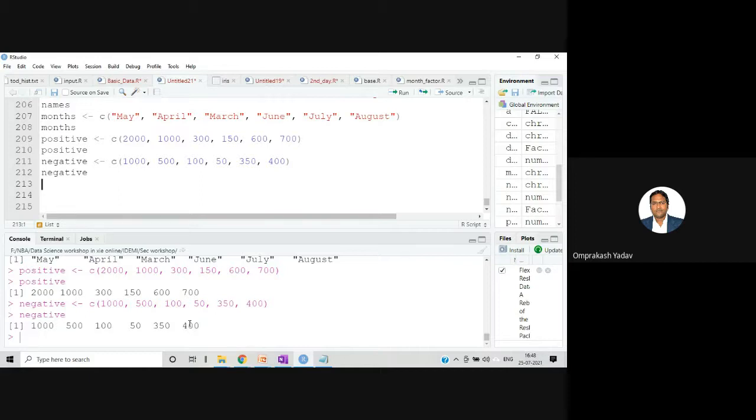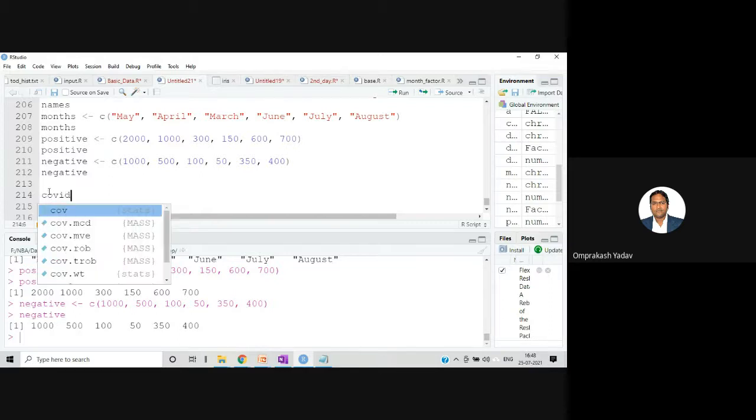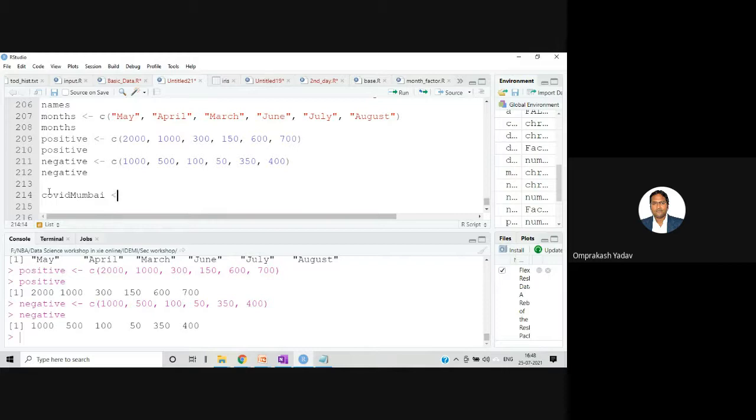Now I'll have to create one data frame. Okay, a data frame which will be represented row wise and column wise, like our matrix, right? Which will be in the form of a data set. And whenever you want to create a data set, you can create a data frame. So now I will create the data frame with the help of all these vectors which I got. So what I will do, I'll give the name of my data set as COVID Mumbai, okay.